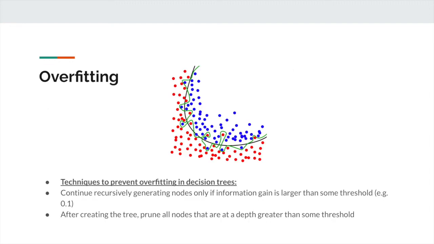So one problem that may come up when you're creating your decision tree is overfitting. And overfitting is basically when you almost memorize your training data and you're not able to generalize well to your testing data. And so this can be visualized in this graph over here, where